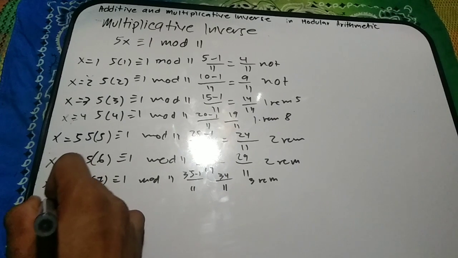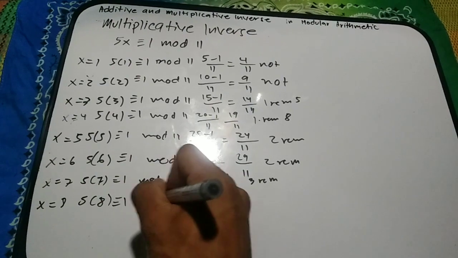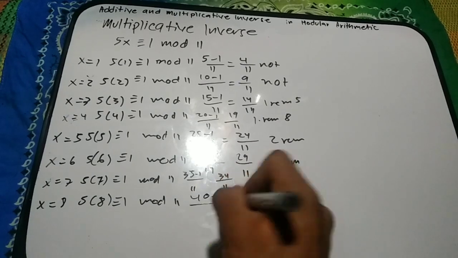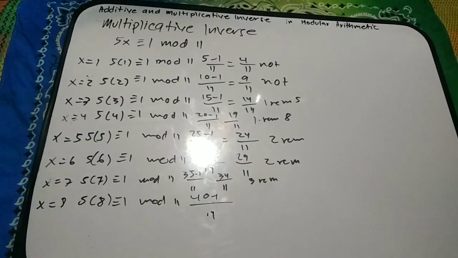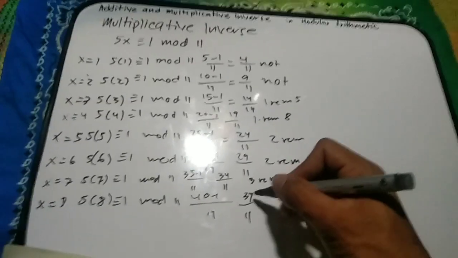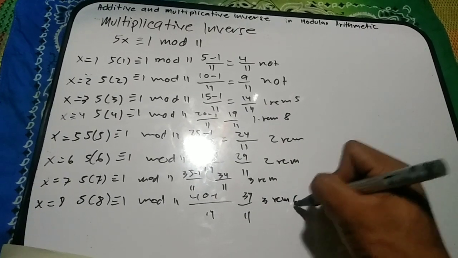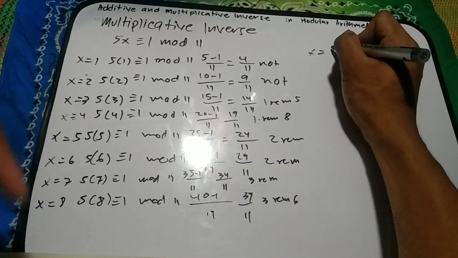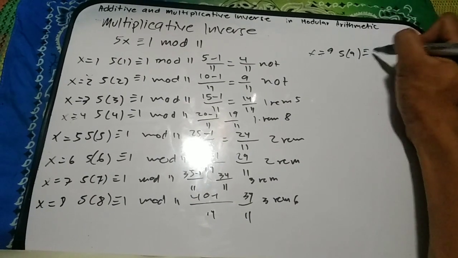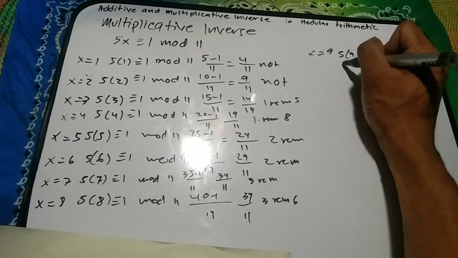If x is equal to 8, 5 times 8 is 40, minus 1 over 11 is 39 over 11. If you divide 39 by 11, the answer is 3 and the remainder is 6. If x is equal to 9, 5 times 9 congruent to 1 mod 11. 5 times 9 is 45,